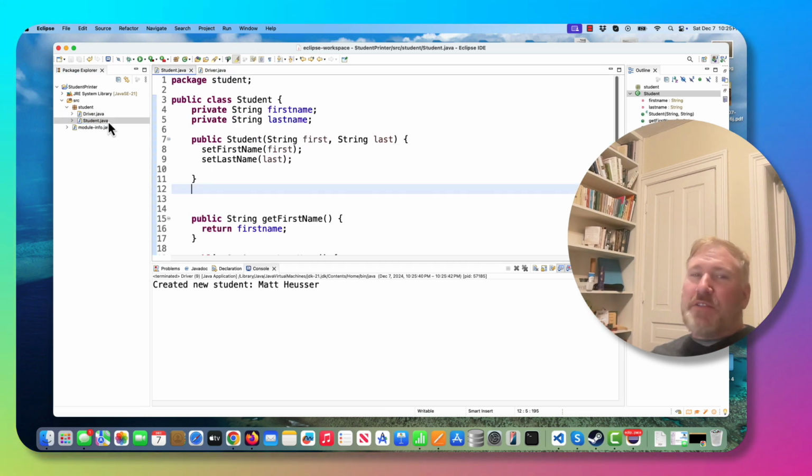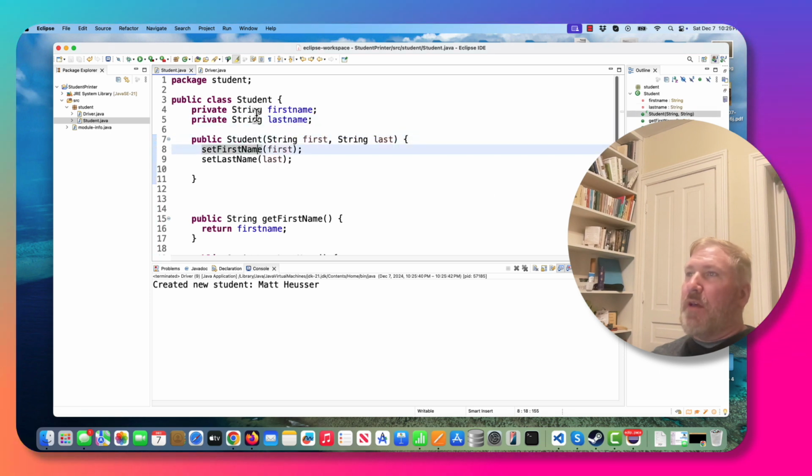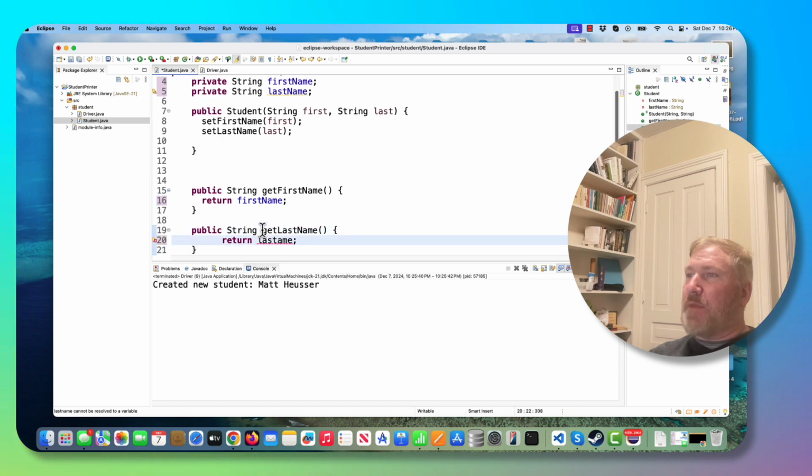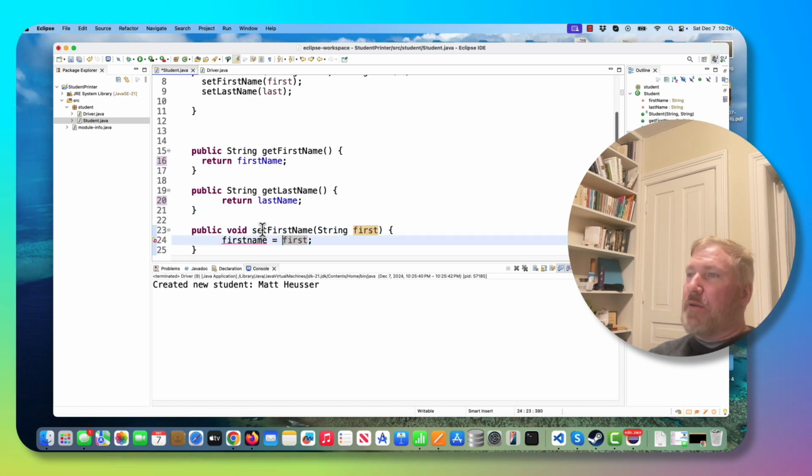Now let's talk about that student class for a minute. It's very simple. You have two variables, first name and last name. And actually, if we wanted the best practice points for the score, we would make firstName and lastName with a capital N. Now, it's very common as we are doing this sort of work